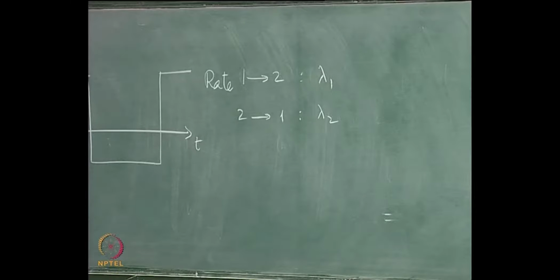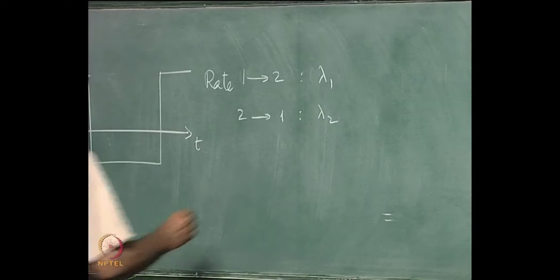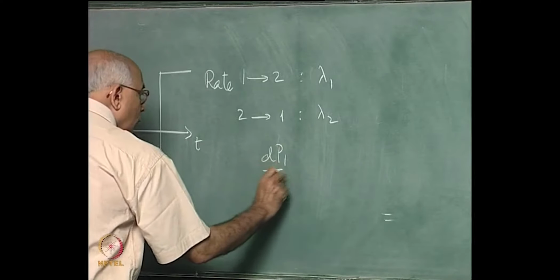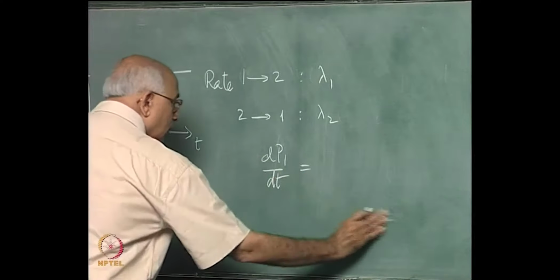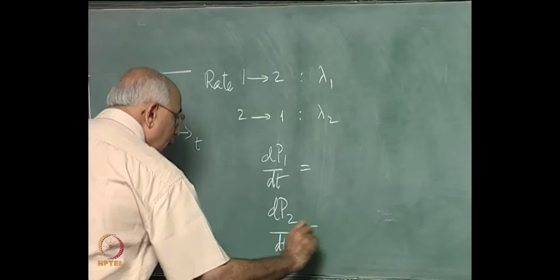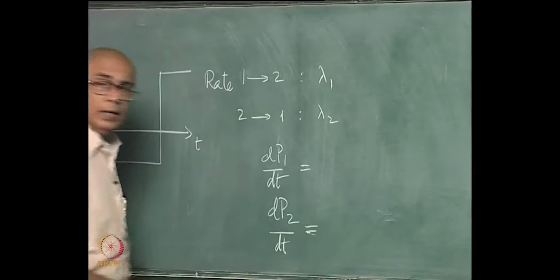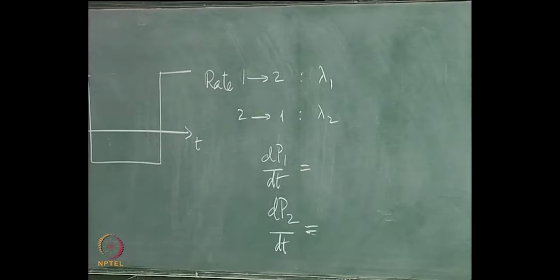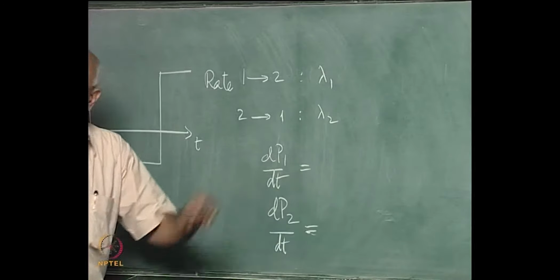And suppose this process goes on for a very long time, and now I ask what are these equations: what is dp1 over dt equal to, and what is dp2 over dt equal to. It is evident that at any instant of time p1 of t plus p2 of t must be equal to 1; the system must be in one of the two states, and it flips back and forth between these two states. Now what would this equation be equal to?